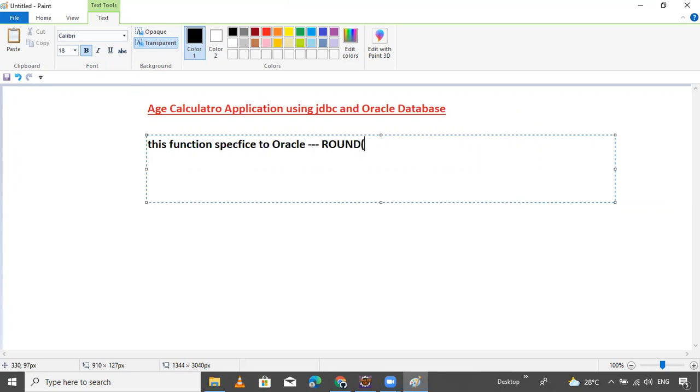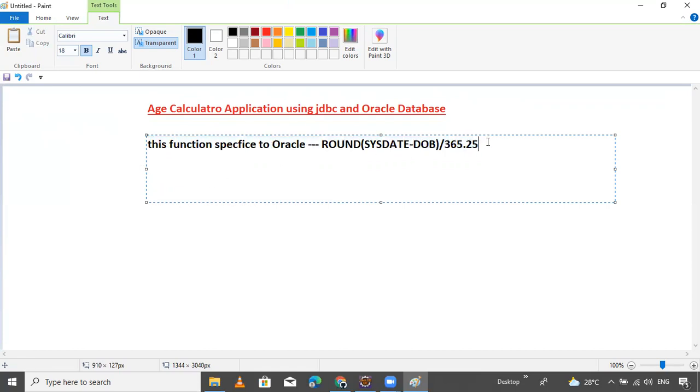You can search inside Google also. SYSDATE. Just I will pass the date and then it will calculate automatically. Just pass the column name, whichever date column you want; I want date of birth. That's it, and divided by 365.25. This is specific to Oracle.